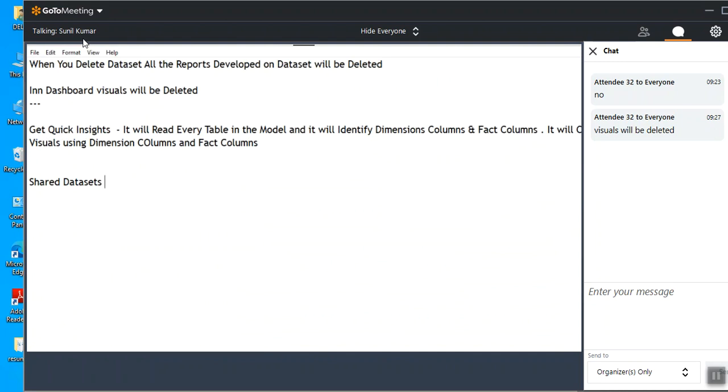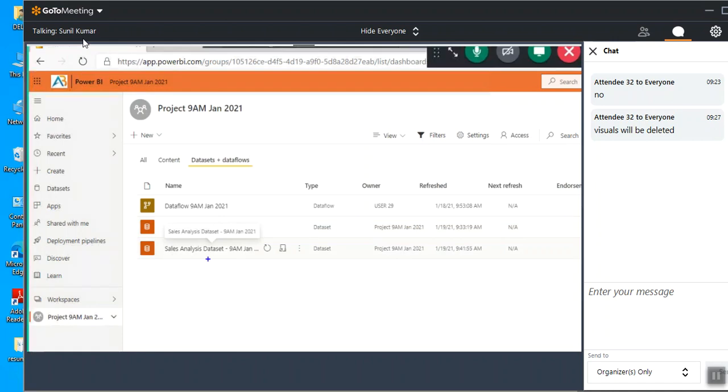Shared data sets. Whenever you need to share the data set with other people, adding them to the workspace is not recommended. Whenever I need to give permissions just to this data set, not for the complete project, I use manage permissions. When I want to give access to the complete project, I go to the project and add him. We call it shared data sets. They may ask, is it possible to share the data set with people in another workspace, another project? Yes, we can share it. In that case it is not recommended to add them to the project. You just go to manage permissions and share it.